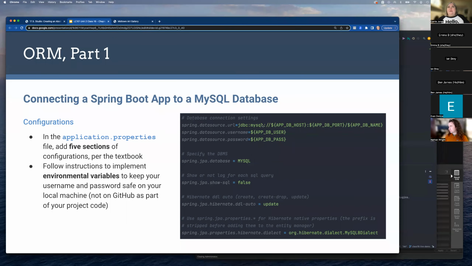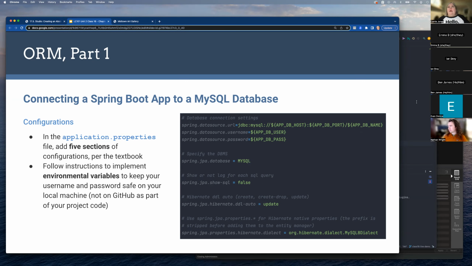You'll notice here that I've got these environment variables set. There's also a link to a page in LaunchCode where they walk you through how to do that step by step. I highly recommend this because you do not want your credentials ending up in your public GitHub repository online. You want to keep that stored within IntelliJ so that all you actually see in the code is this very generic